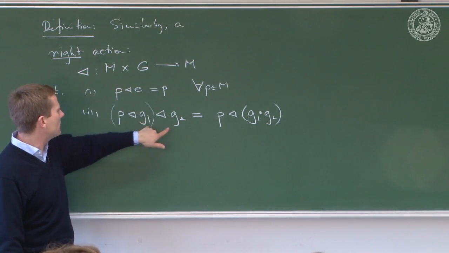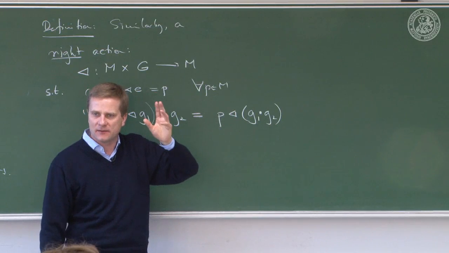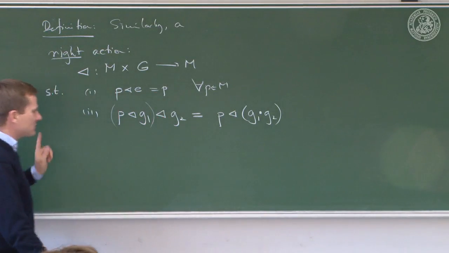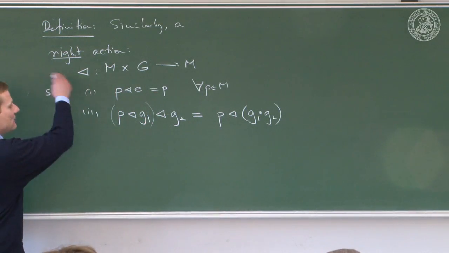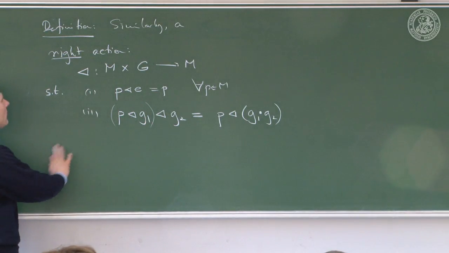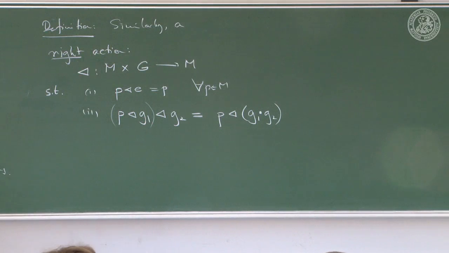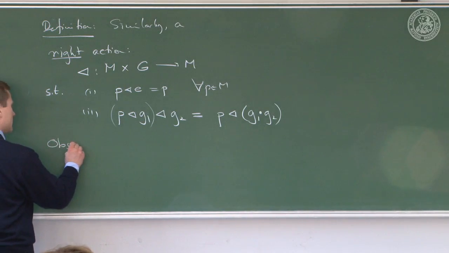So, but this is important, and that is why it's so convenient to really write this from the right, because you can always keep the order. You don't need to think about it. Okay? But it's really something different. Okay? Such that you have this, and everything else stays the same as it was before. This is called a right action. Okay, I don't need to spell this out in every detail. Now, we can make an immediate observation,